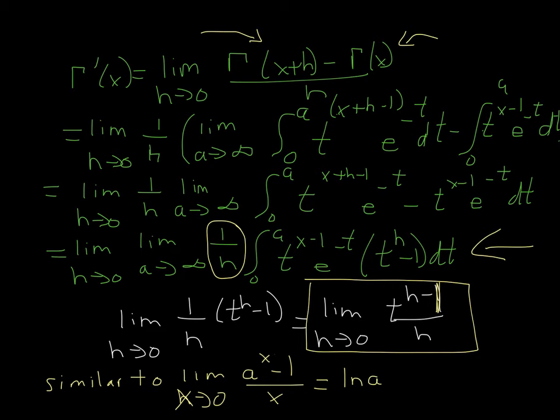So a general exponential function is a to the x minus 1 over x, and that has a limit as x approaches 0 of the ln of a. So using the same sort of intuition, we can go back and apply that to this, which will replace the t to the h minus 1 over h with ln of